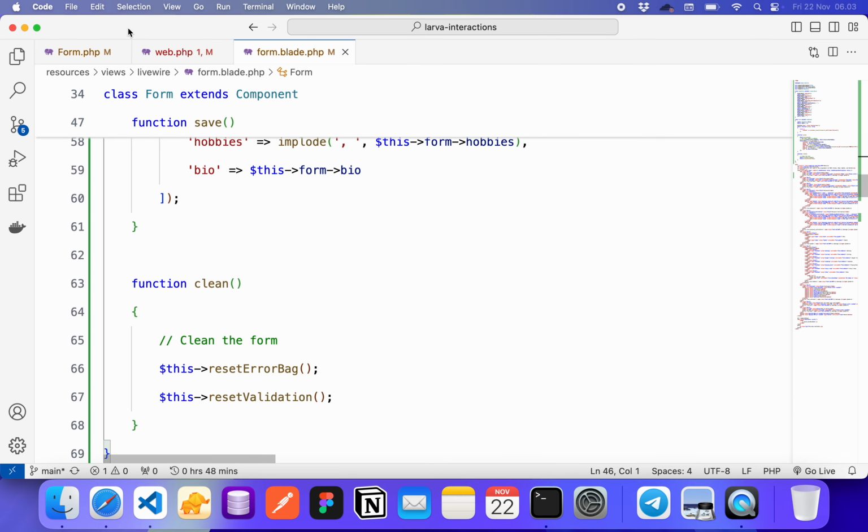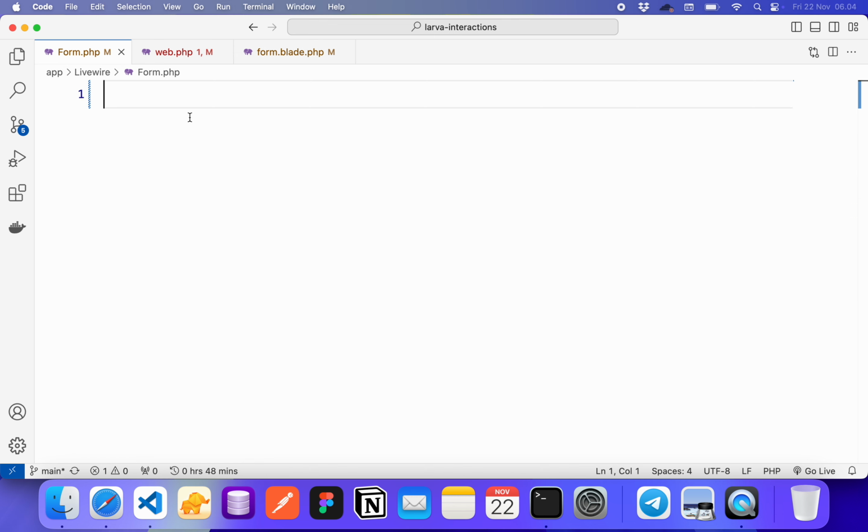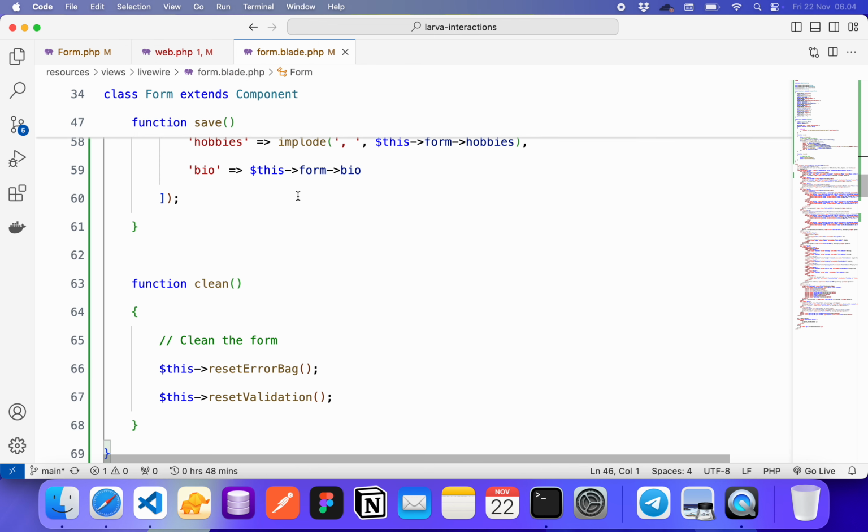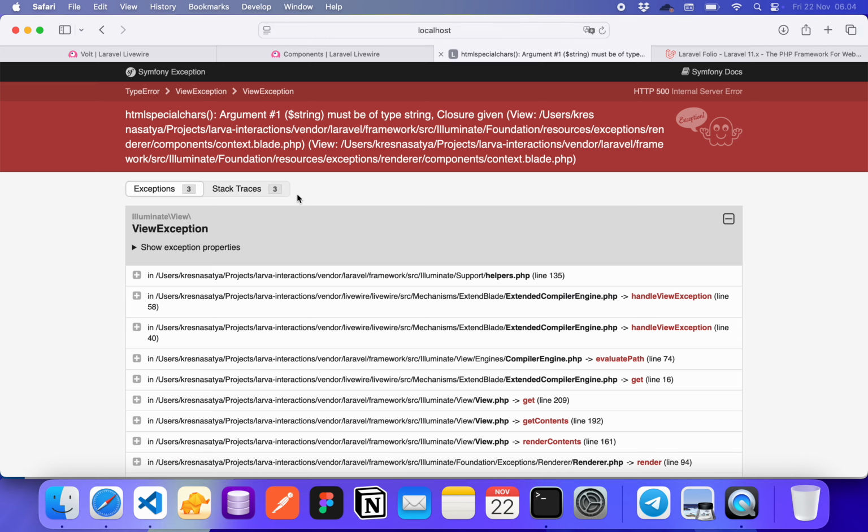We already moved the class into the component itself, and then I get the error that argument 1 string must be of type string, closure given. I was confused about what the context split.php is.